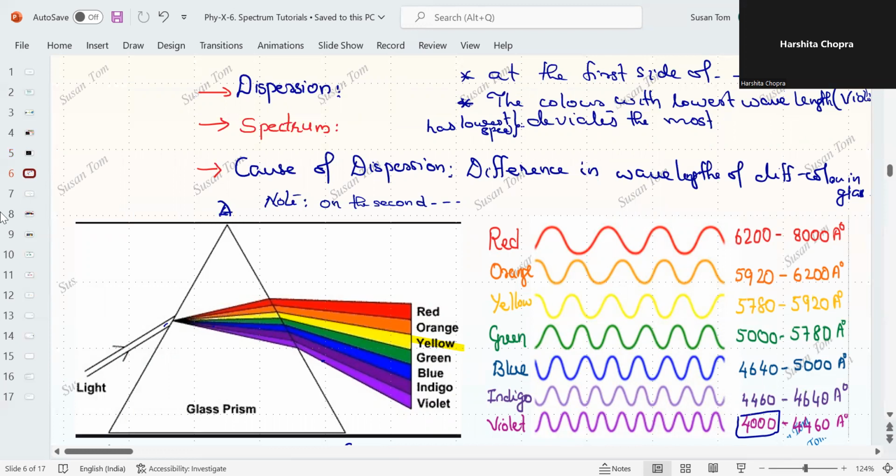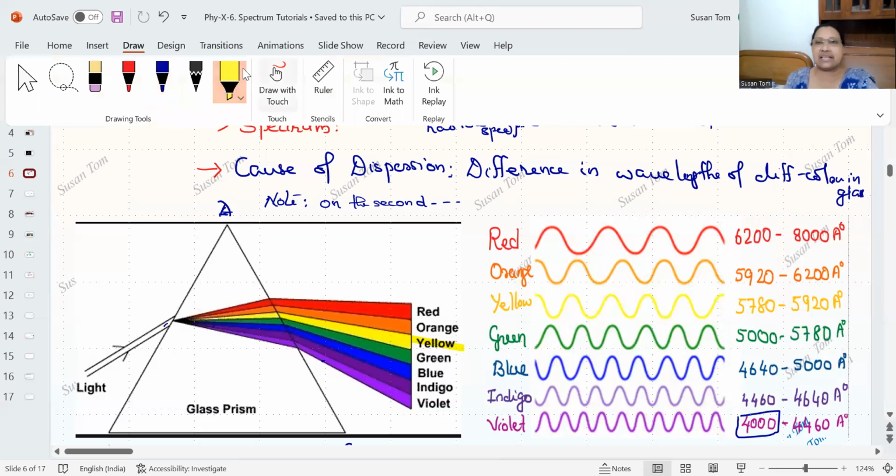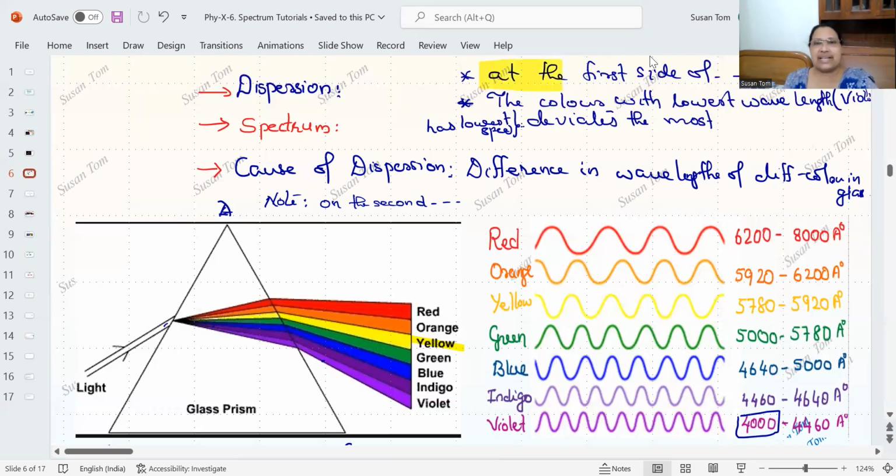Deviation was discussed, colors were discussed, dispersion of white light is on page 134, and the definition is on page 135. I already mentioned what it is. Now the dispersion takes place only at the first side of the prism where the incident ray is touching. So dispersion takes place only at the first side, and